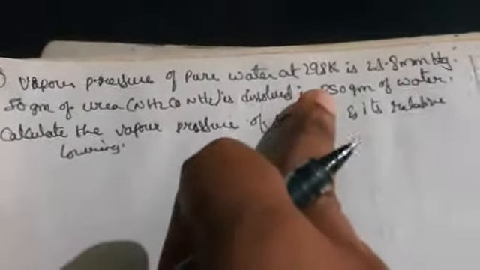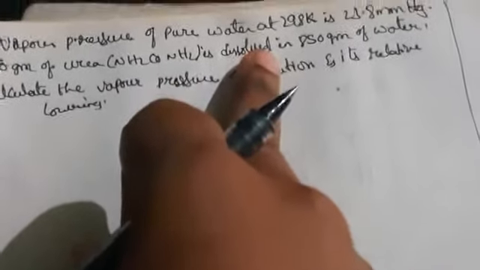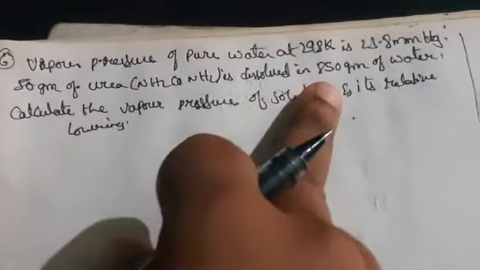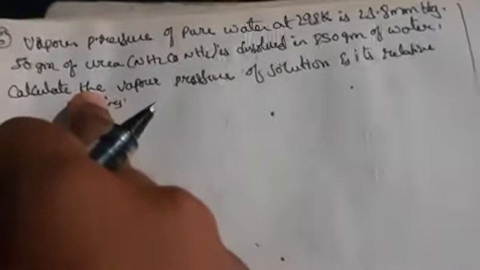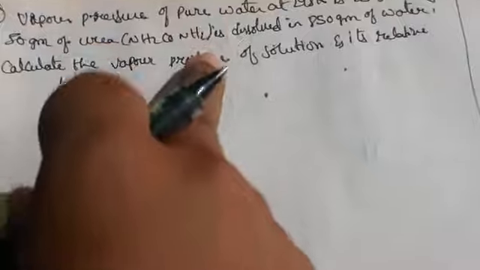See the question. Here, the vapor pressure of pure water at 298 K is 23.8 mm Hg. What has he given? Pure water, the solvent, which means the P naught value. The weight of the water he has given is 850 grams, and the weight of the urea is 50 grams. The molecular weight of water is 18 grams. If we calculate urea, we will get 60 grams.